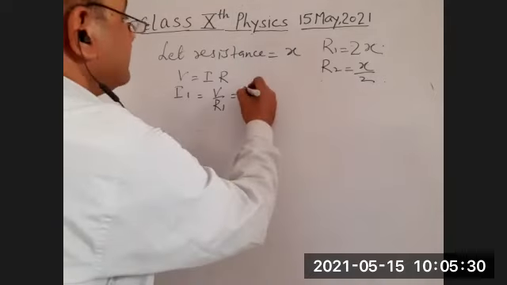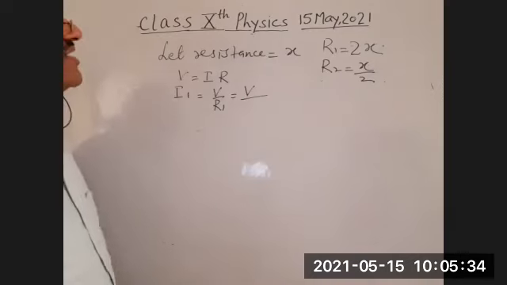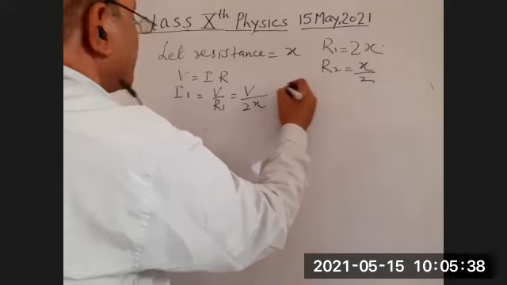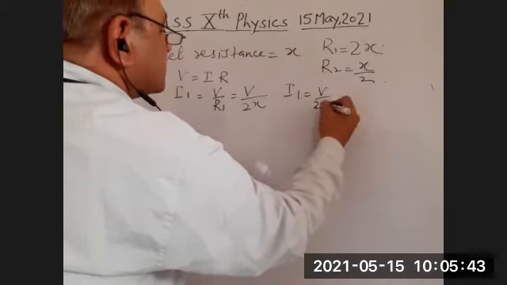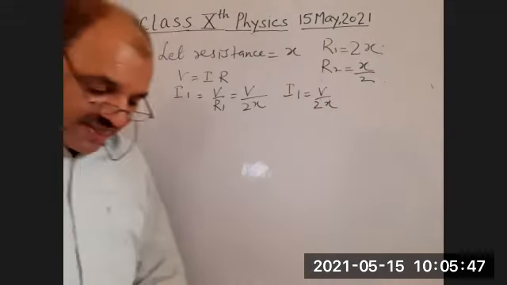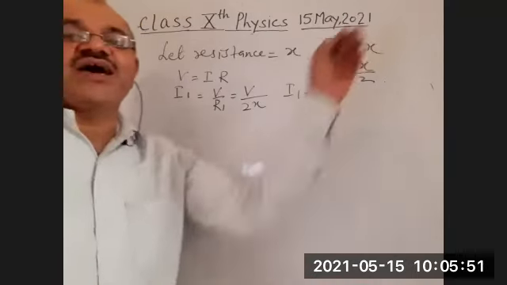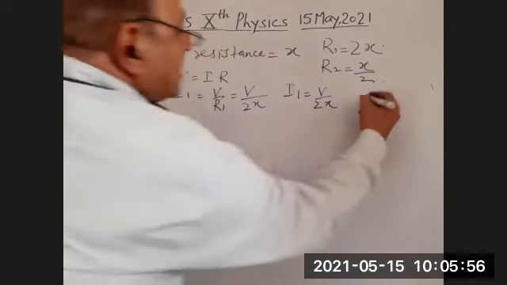नाउ स्टूडेंट इट इज गिवन एज अ V. ठीक है, नाउ V डिवाइडेड बाय R, जो कितना है 2x. सो I1 की वैल्यू कितनी आ गई स्टूडेंट, मेरे पास V/2x. इज इट क्लियर स्टूडेंट? अभी सिमिलरली मैं कैलकुलेट करूंगा, बिकॉज ये मैंने वैल्यू क्यों निकाली है स्टूडेंट, देखिए क्योंकि मेरे पास फार्मूला है H = I²RT.